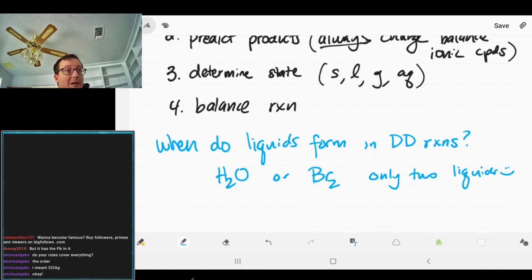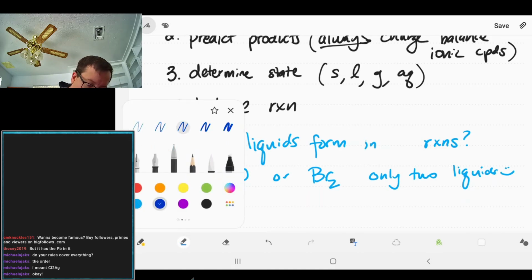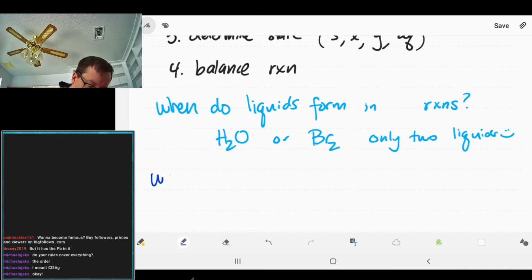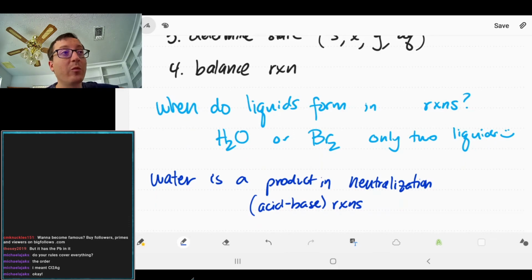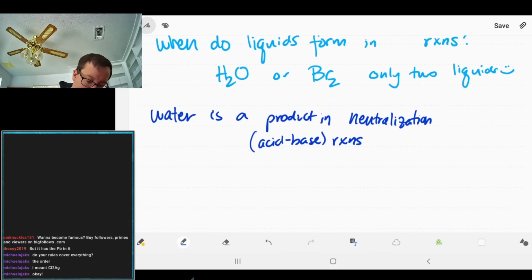And in fact, we don't see Br2 in double displacement reactions. We're going to see those in single replacement reactions. But in double displacement reactions, we're only ever going to see water as a liquid. And this will come from what's called a neutralization reaction, AKA acid-base reactions. And okay, that's fine for now. We're going to see there's another case where we will get water. An acid-base reaction